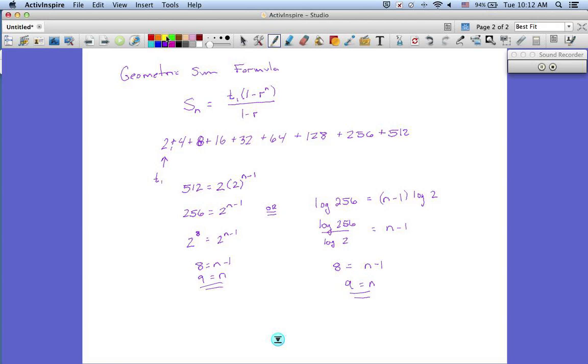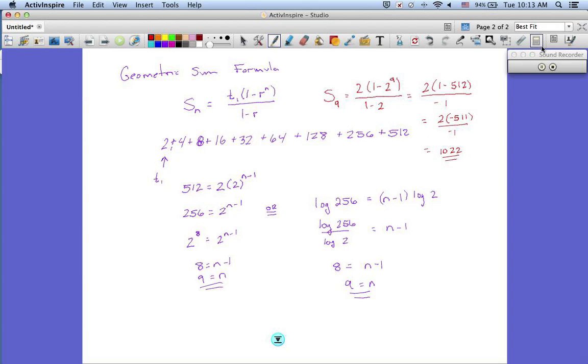Okay, so back to the formula up here. If I want to add these up, S sub 9, the sum of the first 9 terms, will equal the first term times 1 minus the ratio. My ratio, we can clearly see, 4 divided by 2, 8 divided by 4, 16 divided by 8. My ratio is 2. To the nth over 1 minus 2. So we have 2 times 1 minus, well, 2 to the 9th is 512. All over negative 1. So we get 2 times negative 511 all over negative 1, which equals